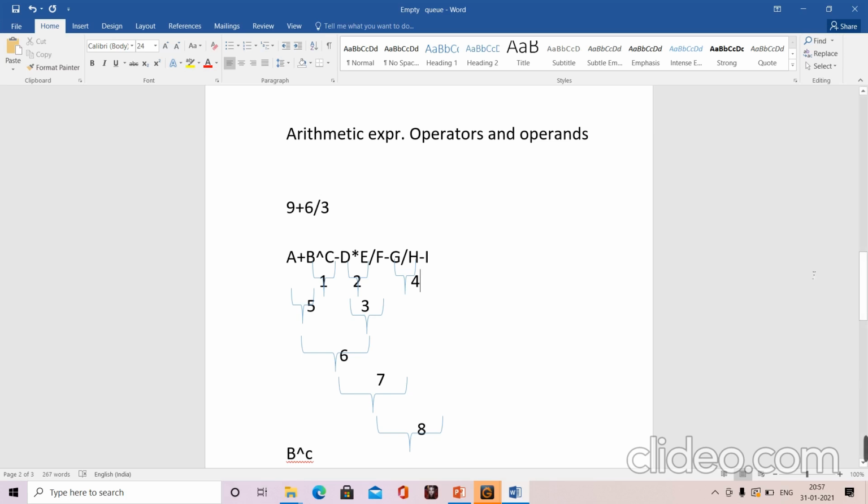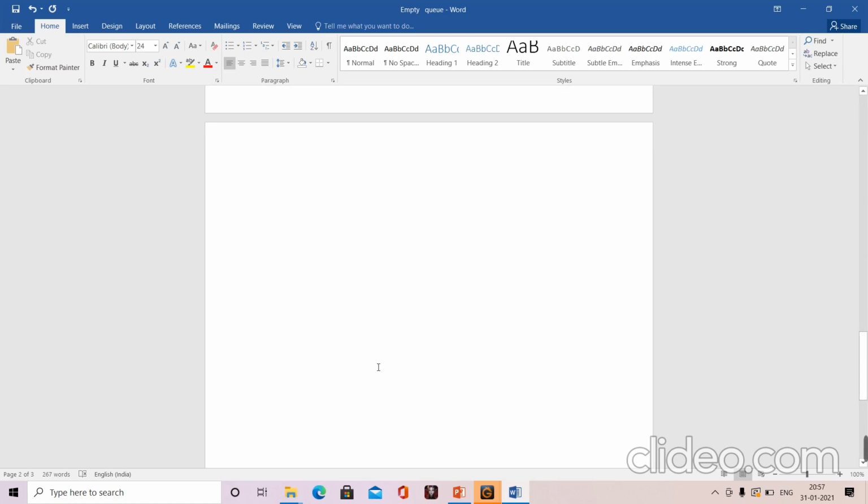That is called converting infix expression to postfix expression using stacks. So this is a very important topic in stacks. All right,